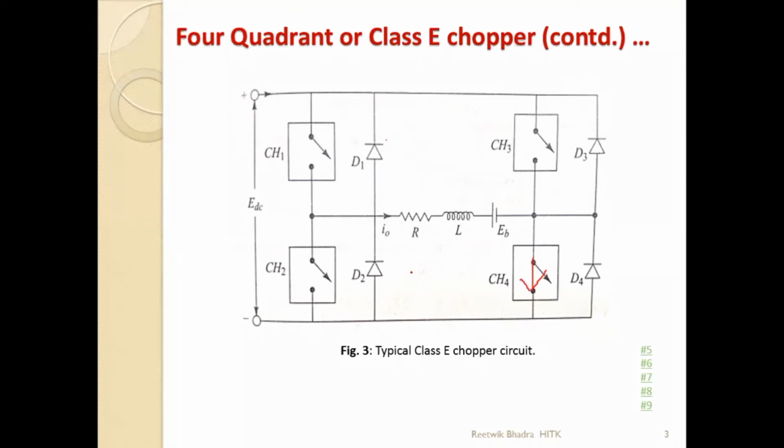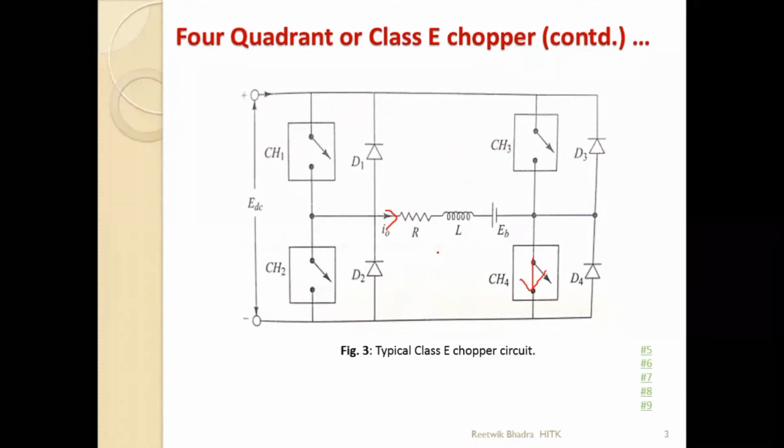Now the inductor has to discharge. Can you tell me which diode will be on? D1, D3, D2, D4, among these four, which diode is on? Inductor current will be flowing in this direction only, because current direction doesn't change. So which diode among D1 to D4 will be on for I0 to flow in this direction?